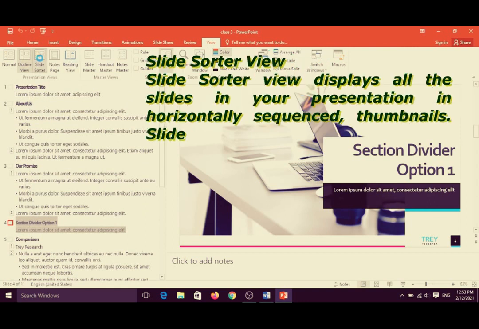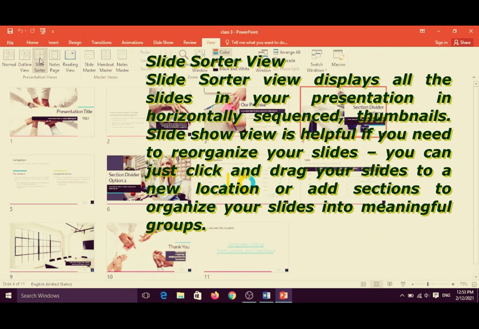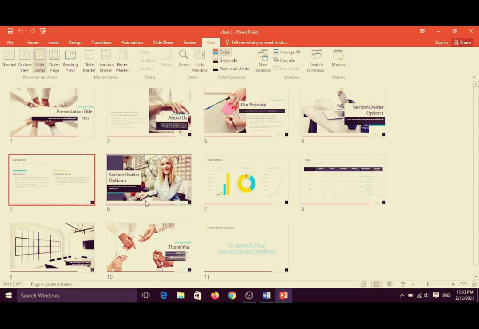Slide Sorter view. Slide Sorter view displays all the slides in your presentation in horizontally sequenced thumbnails. See, it is helpful if you need to reorganize your slides. You can just click and drag your slides like this.